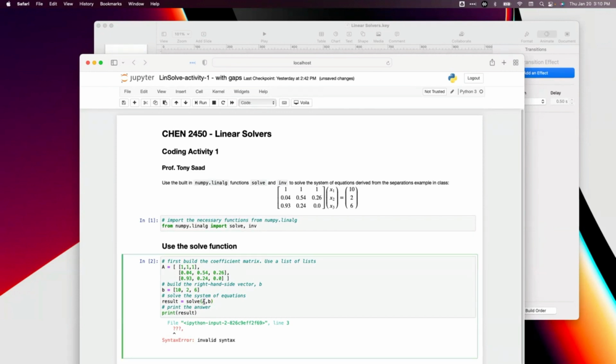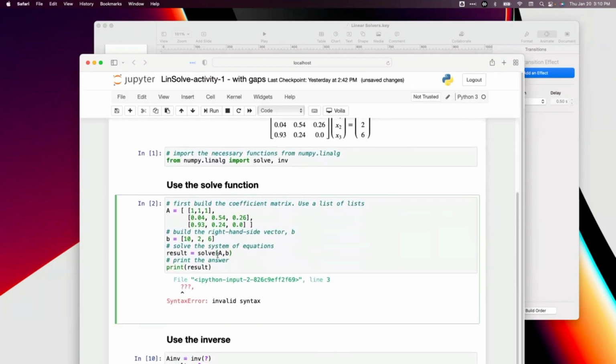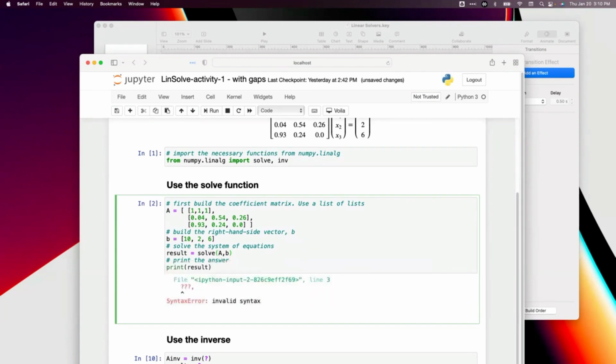Now, if you're confused as to what the arguments of solve are, or what the arguments of any function are, put your cursor right next to the parentheses over here. See my cursor? Put your cursor here and press Shift Tab. So the Shift button and the Tab button on your keyboard. It's mind-blowing, right? It gives you the signature of the function. Solve A, comma B: solve a linear matrix equation, or system of linear equations. Now that's not enough. If you press it one more time,